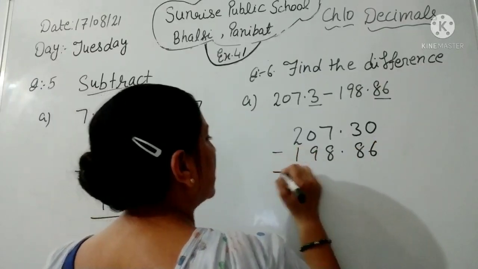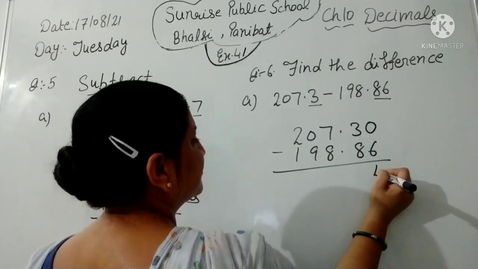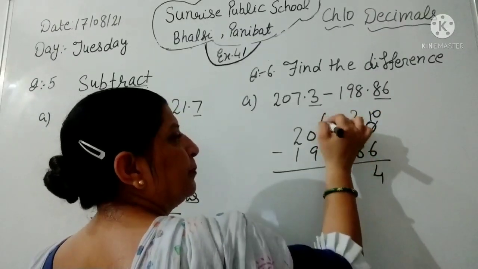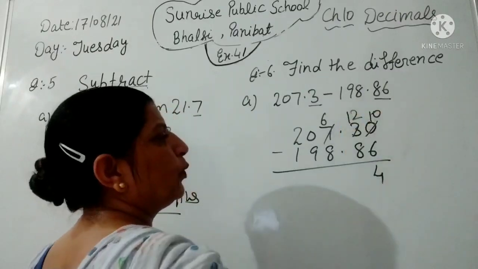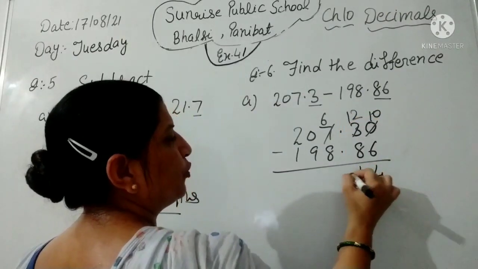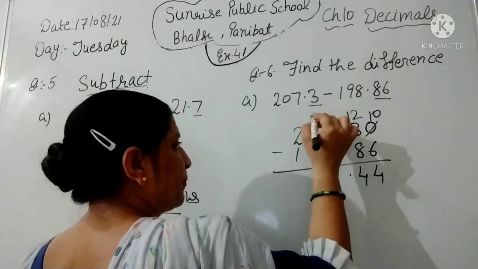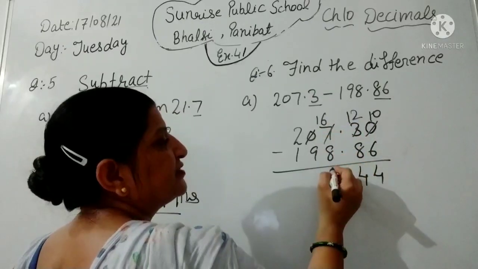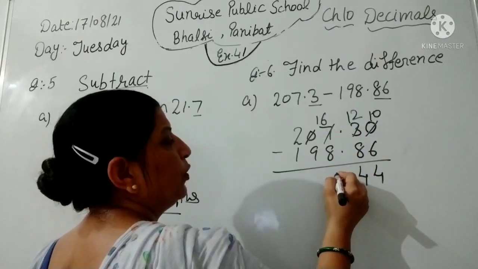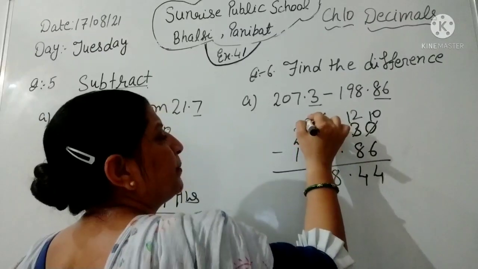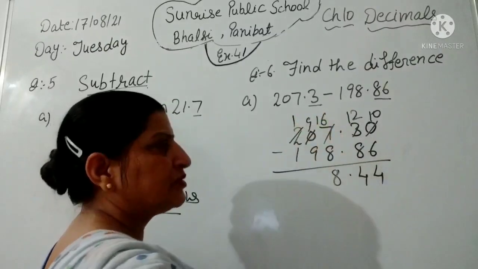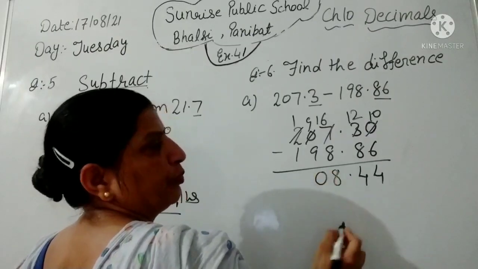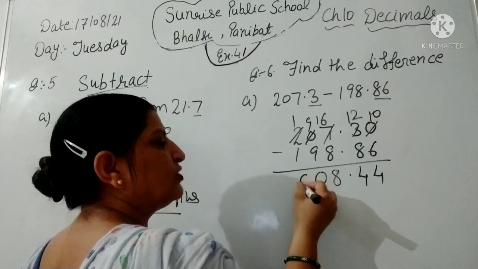After putting 1 0 here, we convert them into like decimals, and here we write 198.86. Now we start to subtract the numbers. 10 minus 6 is 4. ये 10 हो गया, ये 2 है. 2 में से 8 नहीं सब्ट्रैक्ट हो सकते, so we take borrow. 12 minus 8 that is equal to 4. Now we take borrow from here. Now this number is 16. 16 minus 8 that is equal to 8, and this number becomes 9, and this number becomes 1. 9 minus 9 that is equal to 0, and 1 minus 1 that is also 0.